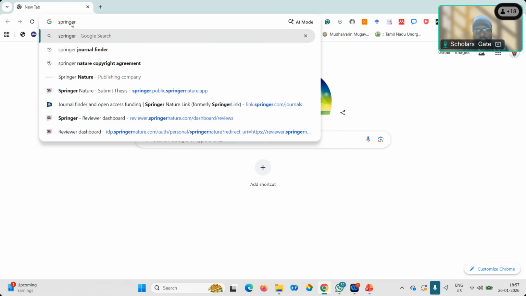Once the patent is published, the process is not completed, because most researchers stop their work once the patent is published. Then they file Form 18 for examination. Once the examination is completed, only then is the patent granted. Once the patent is published, within 48 months it must go for examination. Otherwise, it will be declared a withdrawn application, and your patent publication is also removed from the website.